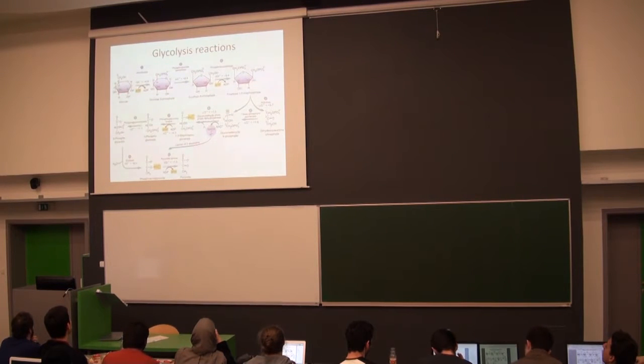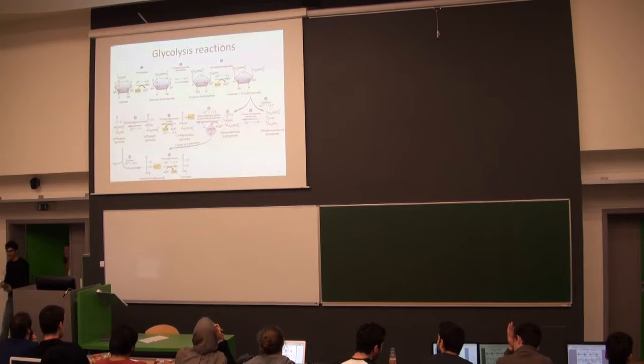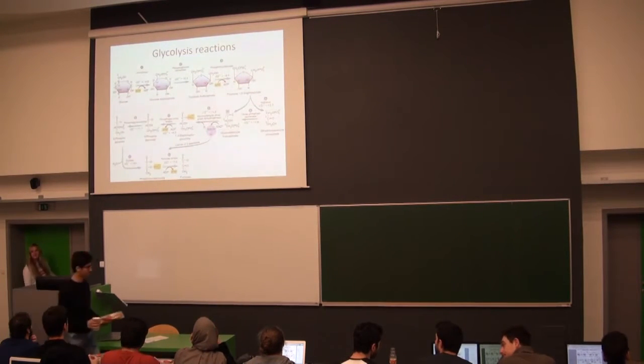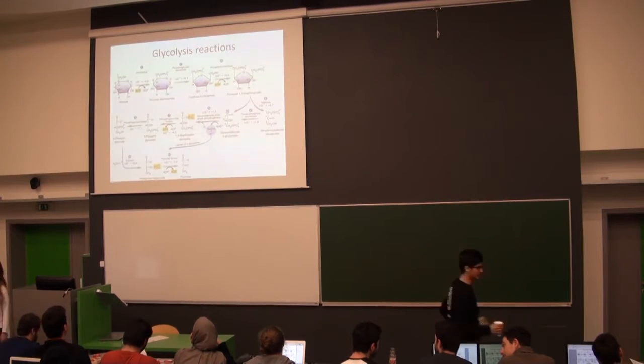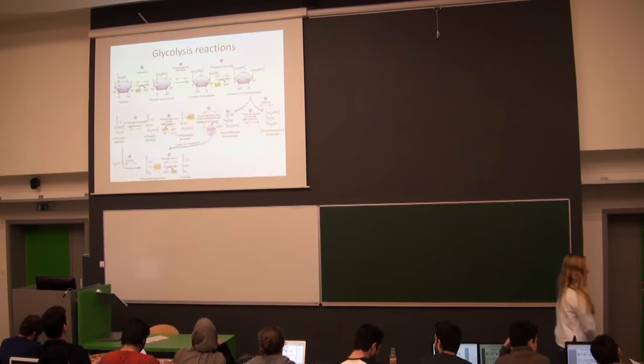In your books, you can see the formulas in the cyclic form or in the linear form, yes? And it doesn't matter what form you use for us. Only you must be sure that you know that here, as you see, is one more carbon and hydroxy group outside the cycle, yes? That's this carbon.